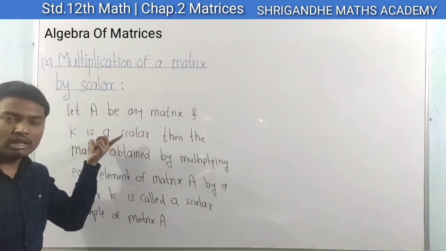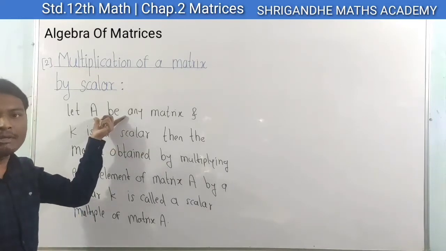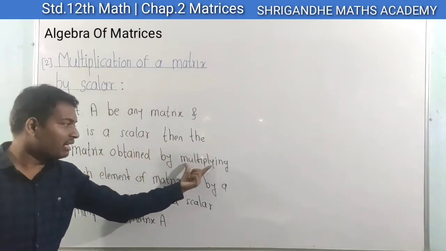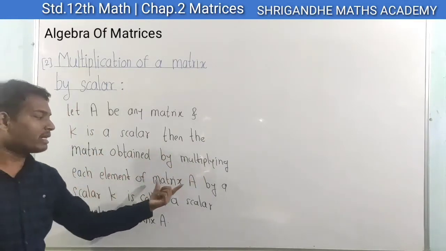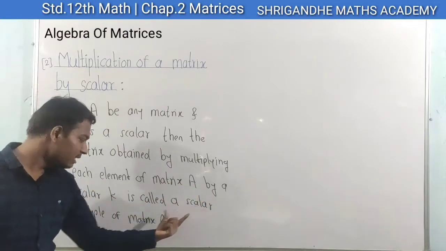K is a scalar means k is any value, which multiplies every element of matrix A. Then the matrix obtained by multiplying each element of matrix A by a scalar k is called a scalar multiple